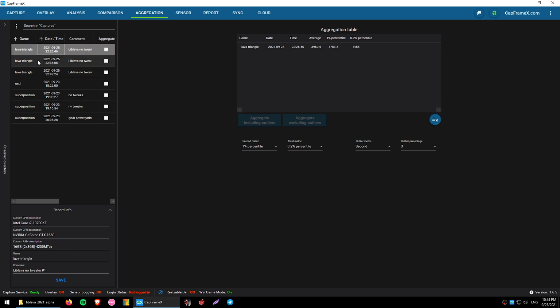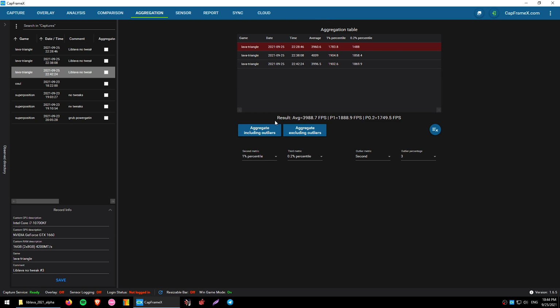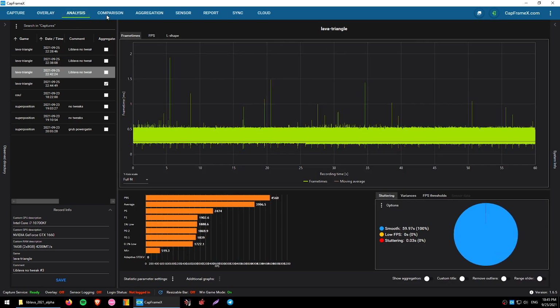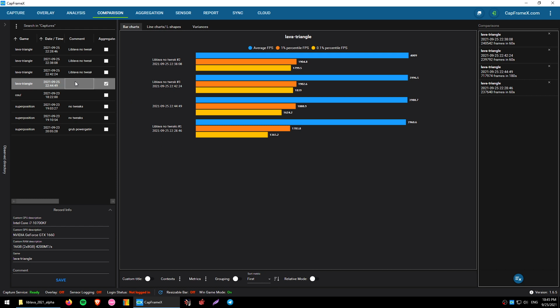benchmark. How it works, just push this in, and push this in, basically, right? And then you click aggregate including outliers. Bang. Then you have this average result, and it appears here, right? You can call it something like Liblava, no tweaks, average, right? You'll see it has aggregation, it has a check mark, that this is basically a compiled benchmark. So yeah, basically the average of all of these 3 benchmarks,